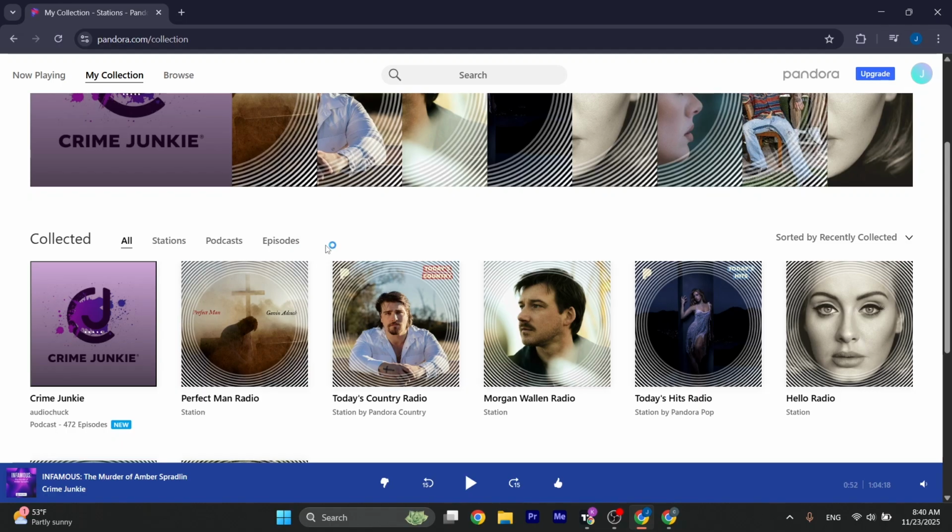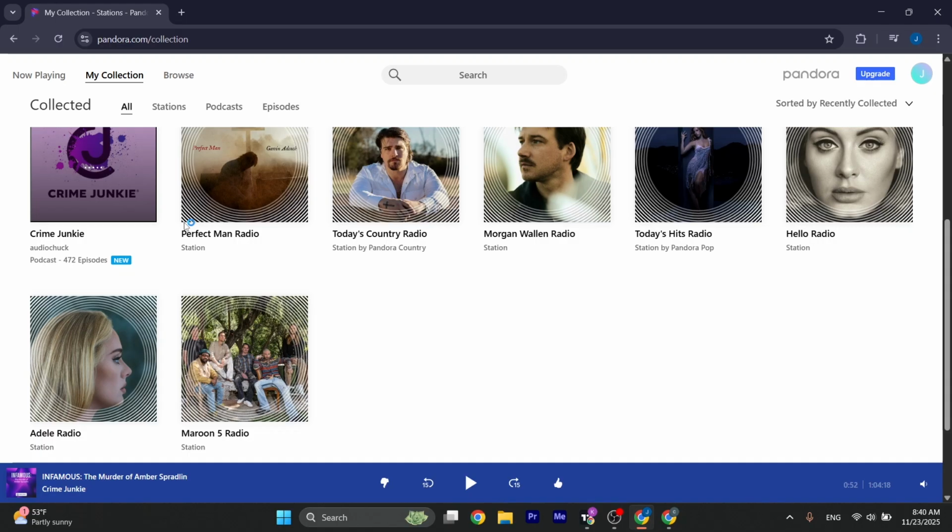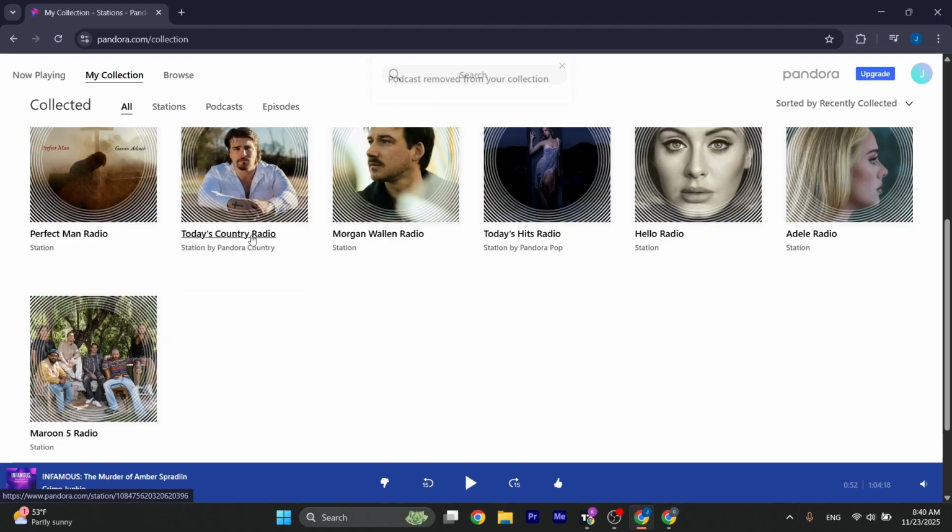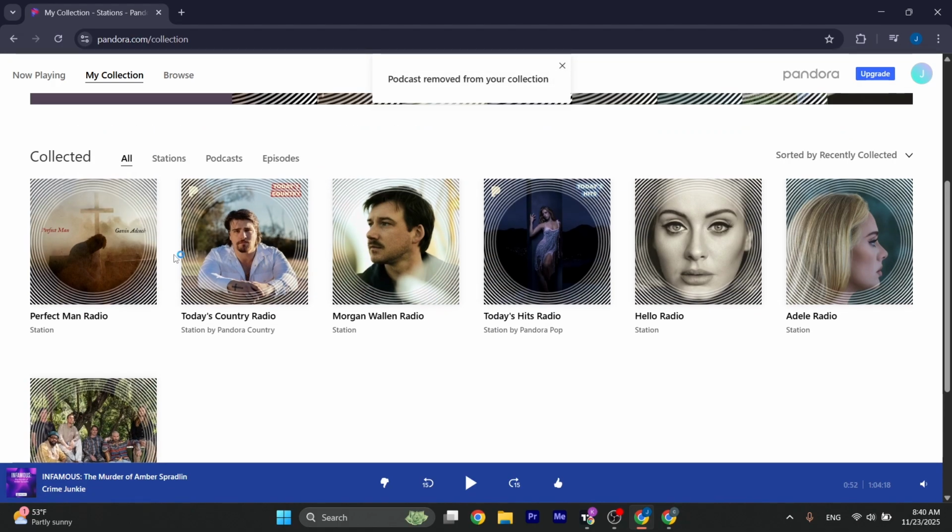Now, there are two things that you can do inside of My Collection. Either you can add new content or remove existing content in case you don't like it. So the way that you do it is click on the three dotted line, and right here you'll have the option called remove from your collection. As soon as you click on it, the particular content that you selected will be now removed from the My